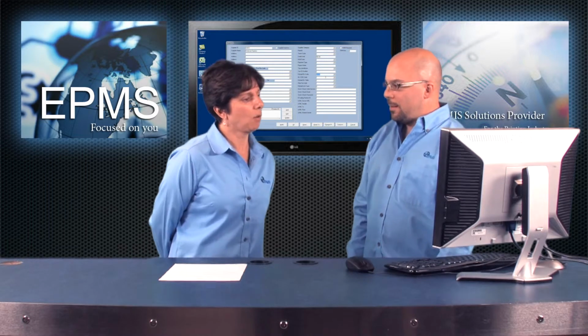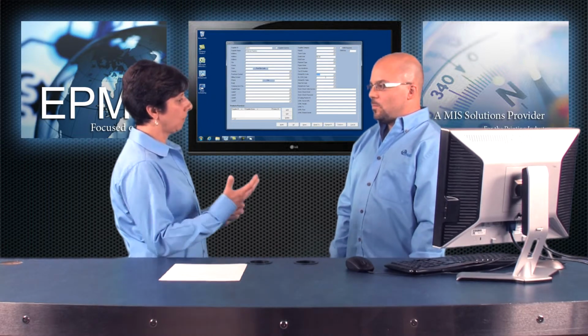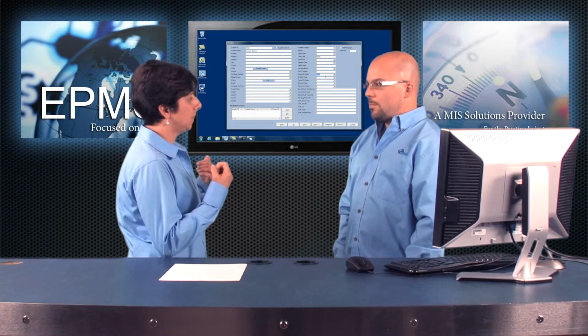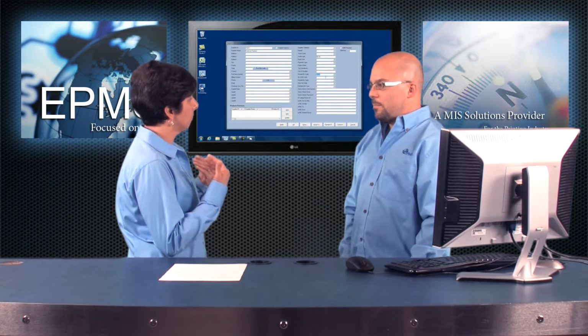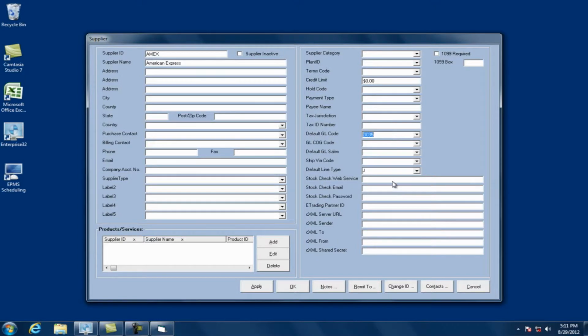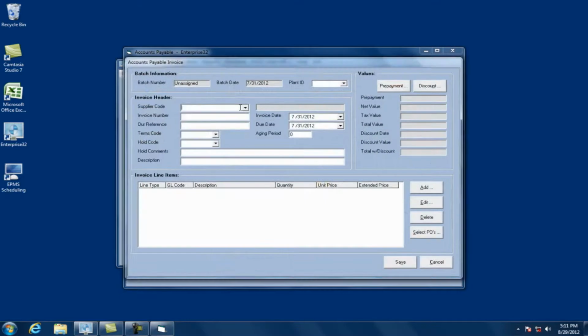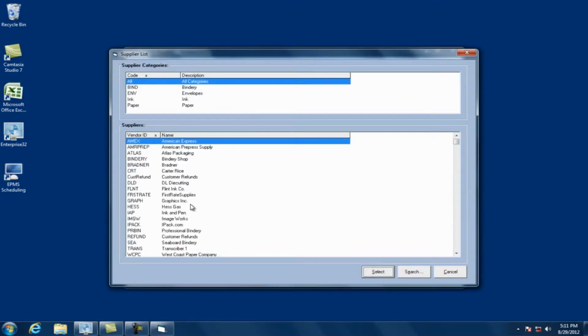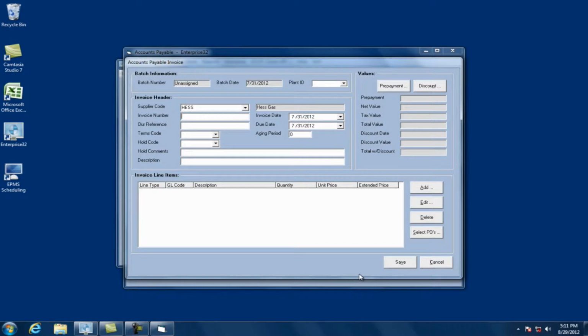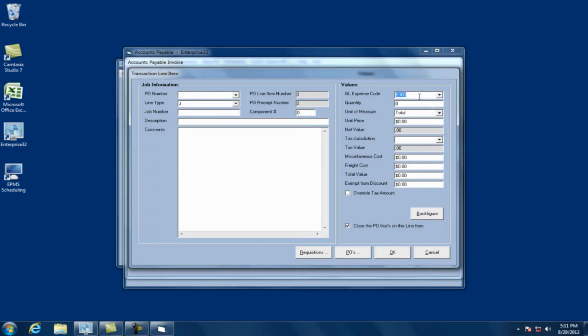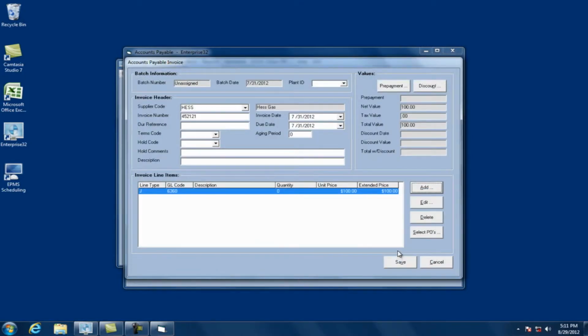Now, how do I record the invoice? I have an employee that comes back and he's incurred some expenses, and I want to invoice these. How do I do that? Sure, that would be the first step. That would be the invoice to, in this particular case, Hess Gas. So I'll grab this supplier here, invoice number. I'll add a line item. Notice that my expense GL code comes in. We'll just call it $100. Hit OK. So this would be the initial invoice